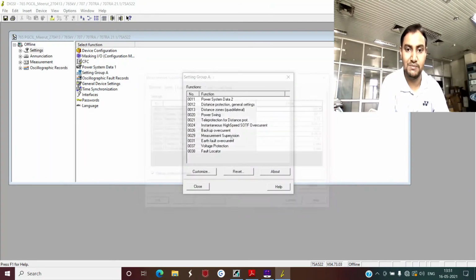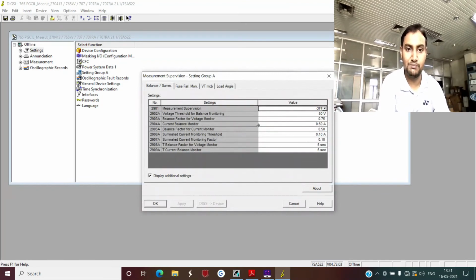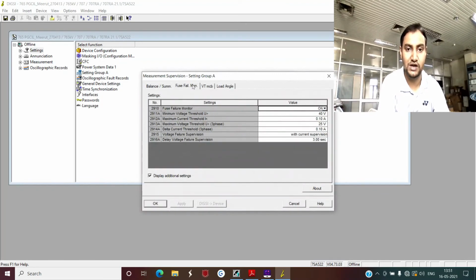Similarly, you can see now the measurement supervision. In case of measurement supervision, the important setting for us is fuse failure monitor. In this fuse failure monitor, the basic setting is that fuse failure monitor must be kept on. The minimum voltage threshold means once your voltage magnitude falls below 40 volt, then your relay will detect it as a fuse failure condition, provided the current in the relay is above or below this 0.1 ampere.